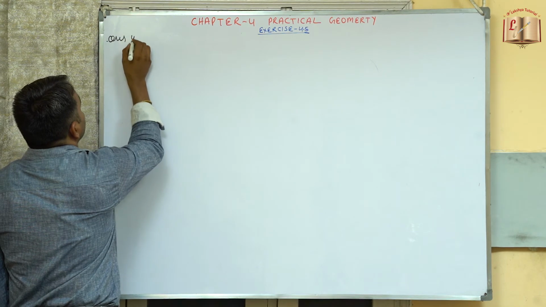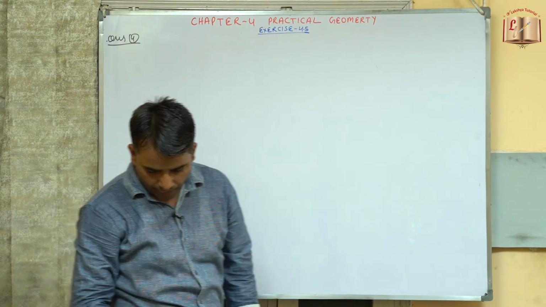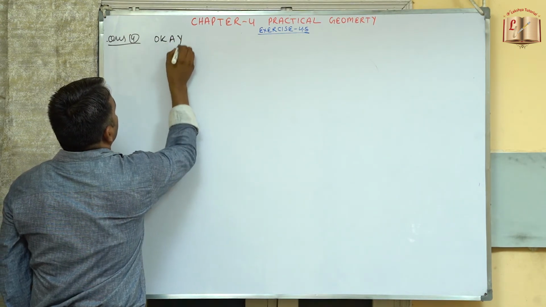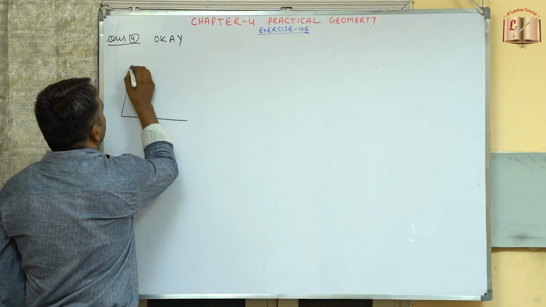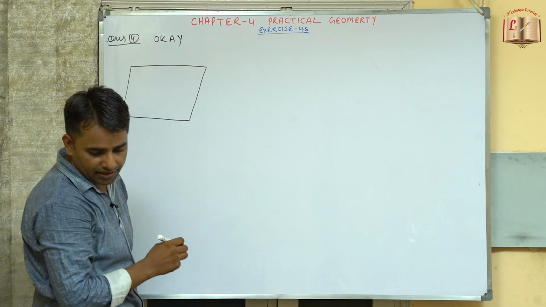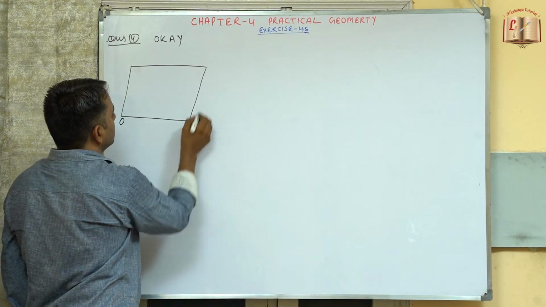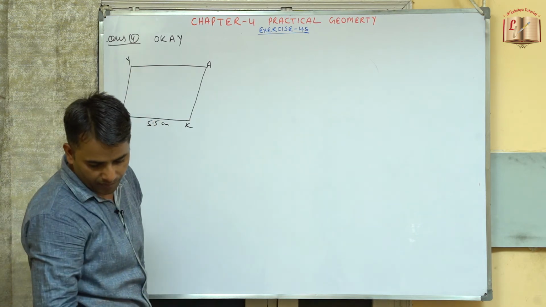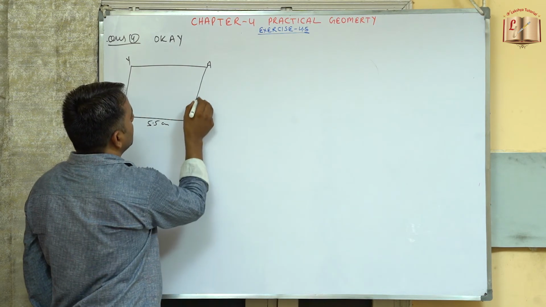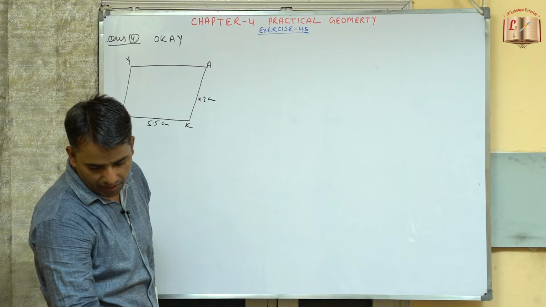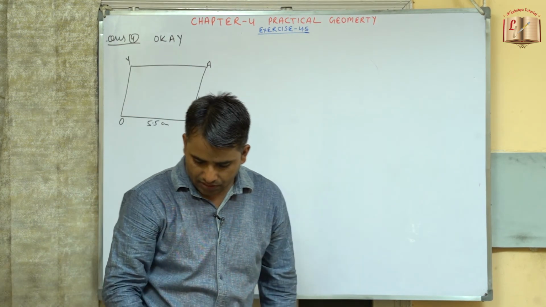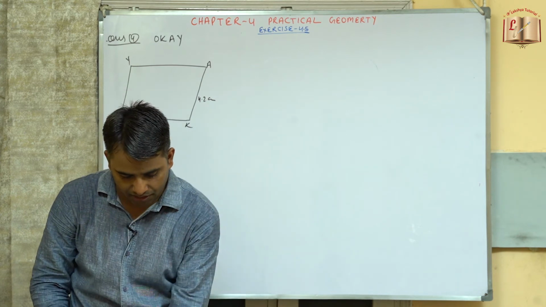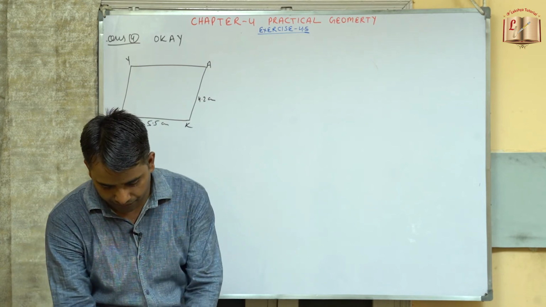Now coming to question number 4, we need to draw a parallelogram OKAY. So in parallelogram opposite sides are equal and opposite angles are equal. So OKAY, this is A, Y. So OK is 5.5 centimeters, and KA is 4.2 centimeter, and so this is now OKAY. OK is given and KA is given. Is it unique? So we need to draw a parallelogram now.